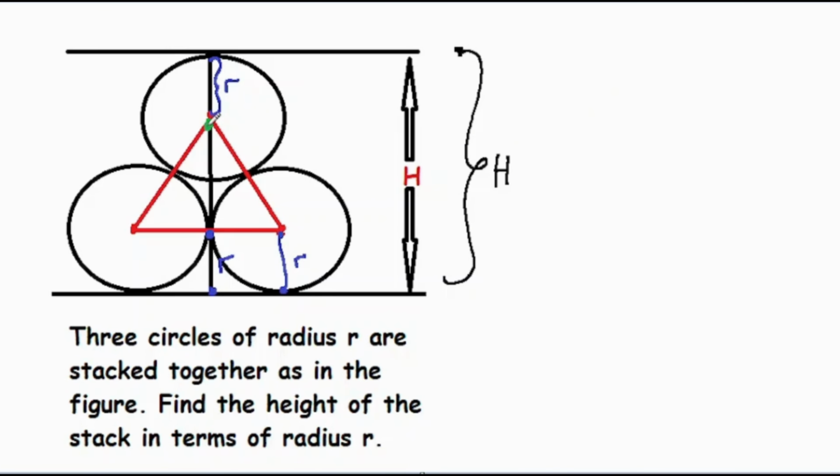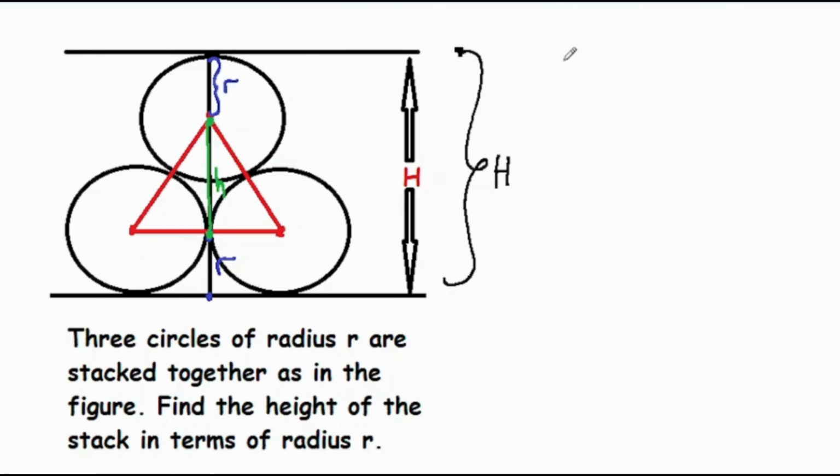Then we have, let's now label this point from here. Follow my green ink. From here, follow my green ink to this place. Let's call it small letter h. So the capital letter H that we are looking for is actually a sum of r, this r, plus h, this h, plus r, this r. So if we're able to get our h, the small letter h, then we can find capital letter H in